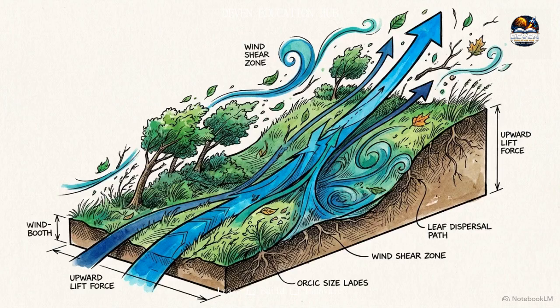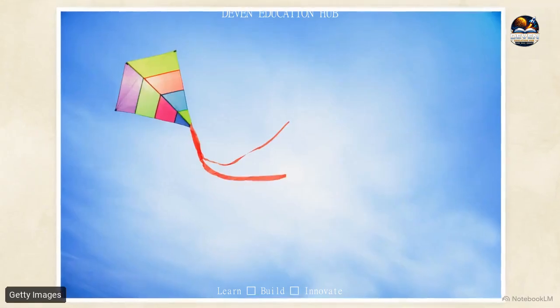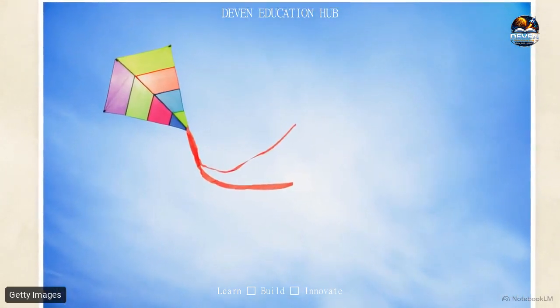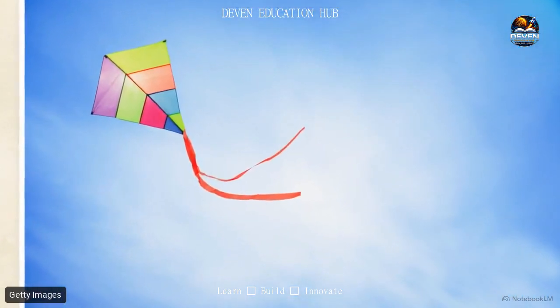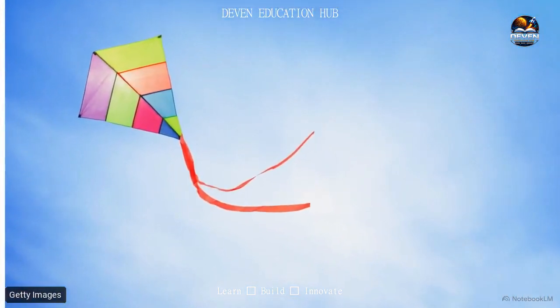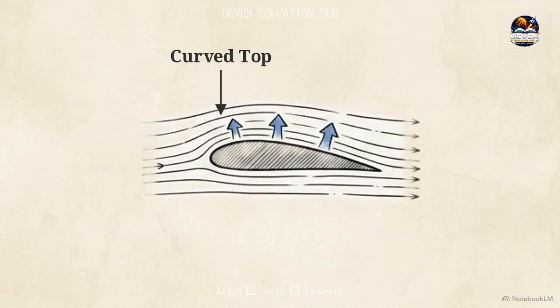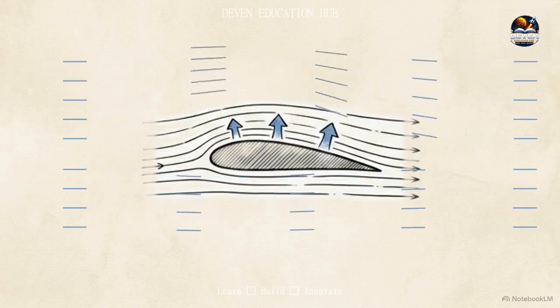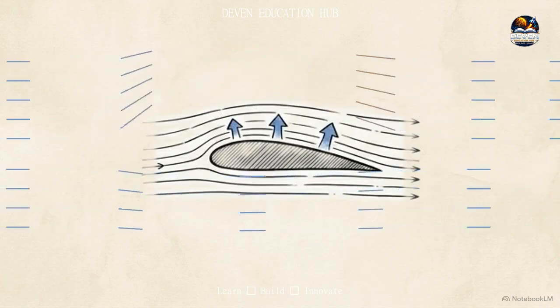To fight gravity, we need the second force, lift. Lift is an upward push created by moving air. Think of flying a kite. When the wind hits the angled surface of the kite, it pushes the kite up into the sky. Airplane wings rely on a curved teardrop shape, the airfoil. It's rounded on the top and flatter on the bottom, which is the key to how it moves through the